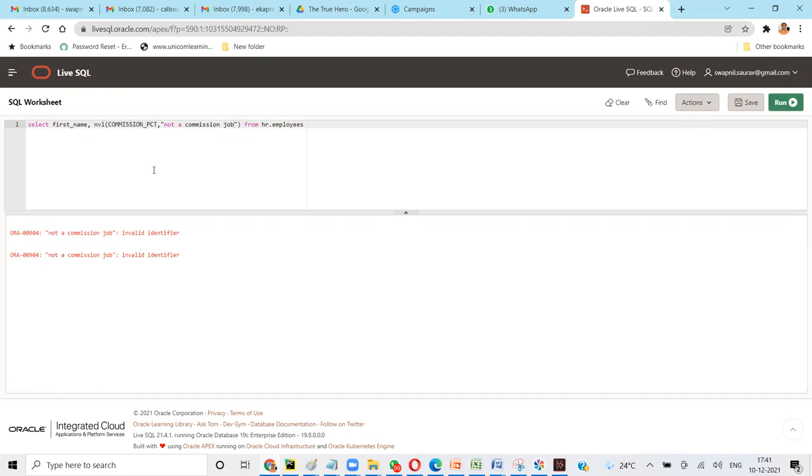Sorry, here we don't give text in double quotation, it's a single quotation. In SQL, it is always single quotation.